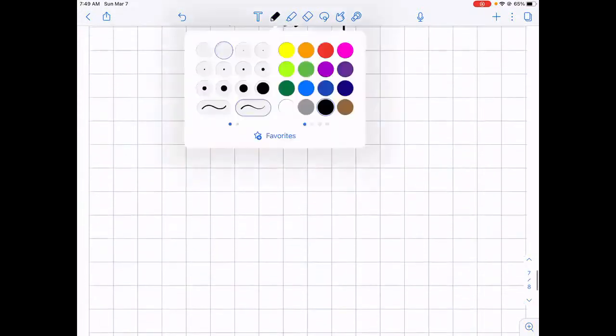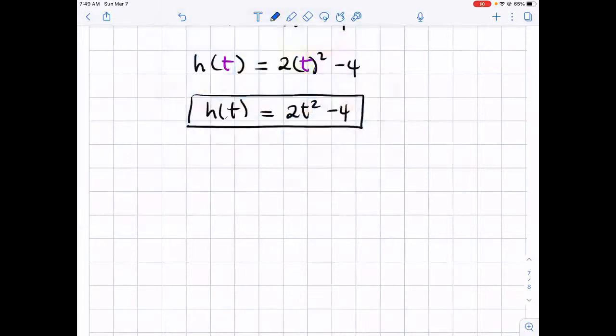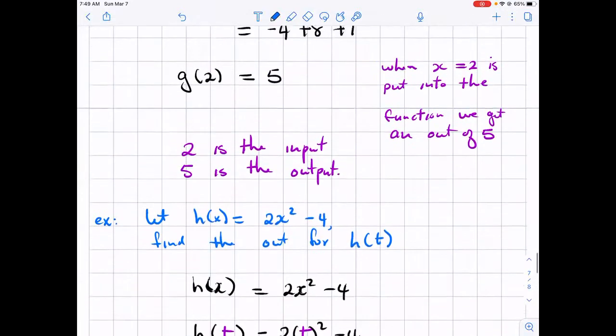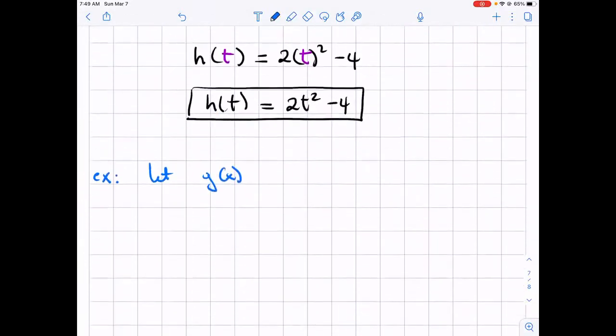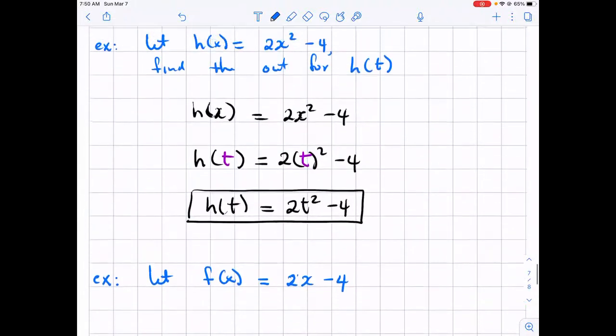If we look at another example, because no one ever said that we just have to plug in a letter or a number. So let g of x, okay, these are the common letters. Notice I'm using g of x or h of x and f of x, right? We can call this one here f of x. These are just the 3 most common representations of function, f, g, and h. So f of x is equal to, let's say, 2x minus 4. And we want to know, find